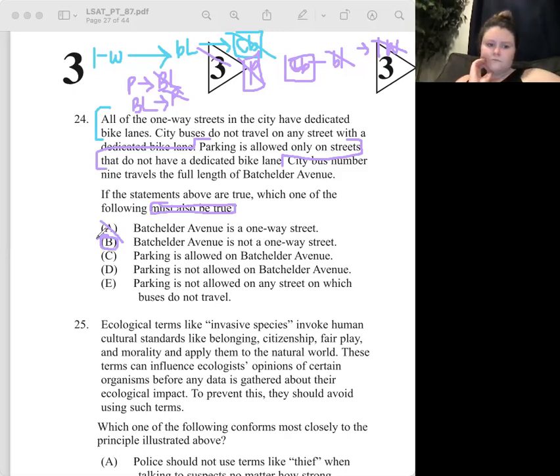C: parking is allowed on B Avenue. And so the rest of them are all about parking. And so, city buses do not travel on any street with a dedicated bike lane. So if we have a dedicated bike lane, that means it's not a city bus. So city bus, if there's no bike lane,